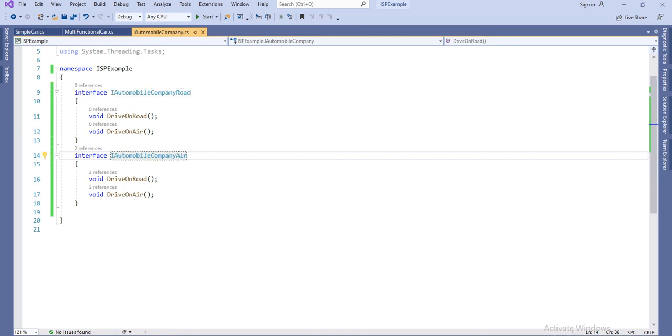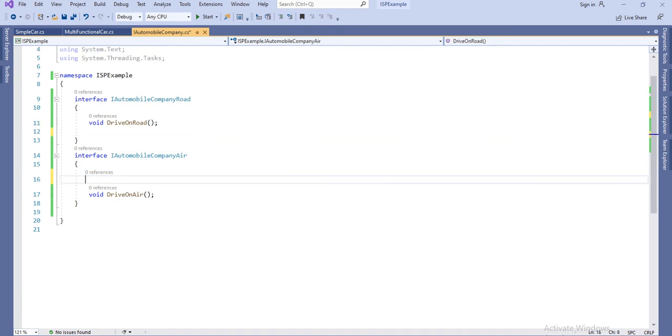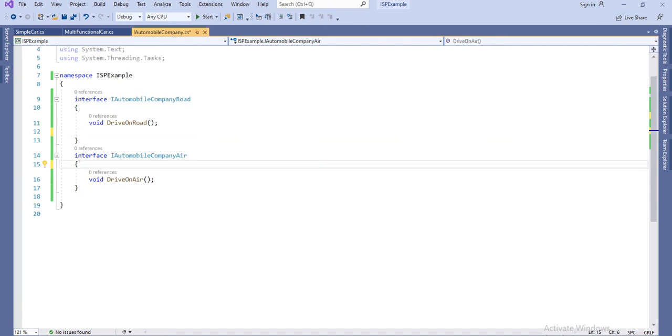So basically I have created two interfaces here. This interface contains the functionality related to the road, and this interface contains the functionality related to the air.